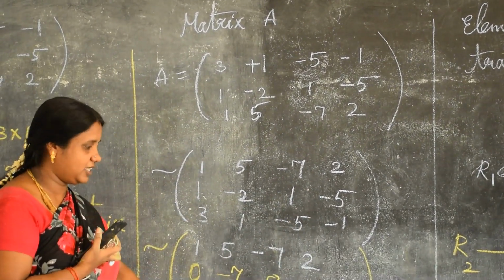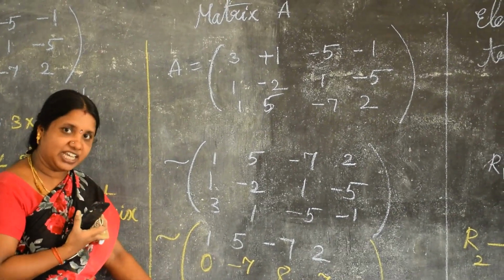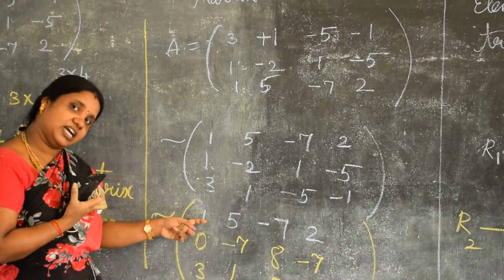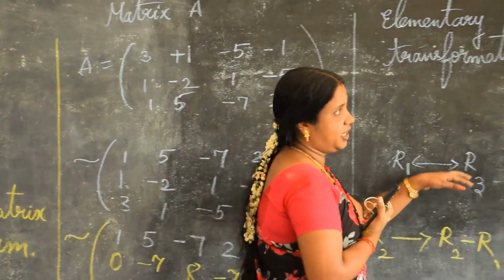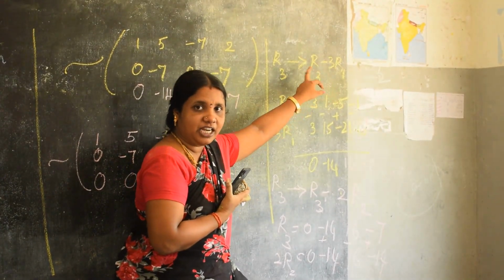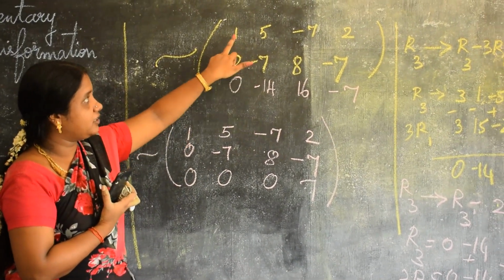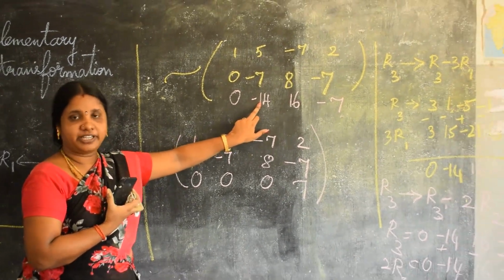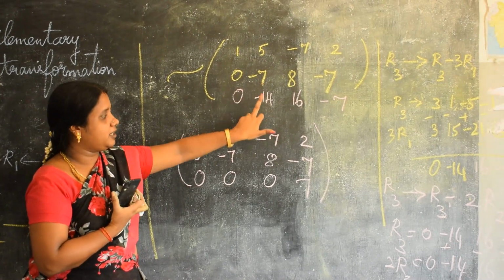Now next, what should I get? Here I have to get 0. So what am I going to do? Again I am going to multiply the first row by 3 and subtract these two. So my R3, I am going to multiply R1 by 3, then subtract. See R3, I have written it by multiplying by 3 and subtracting these two. Now here I have to get 0. So for 0 to come here, what am I going to do? I am going to multiply this by 2 and subtract these two. See, I got 0, 0, 0, 7.